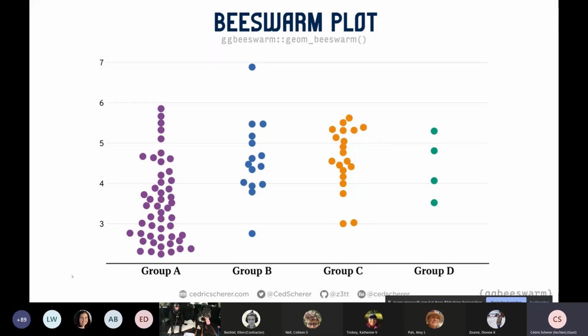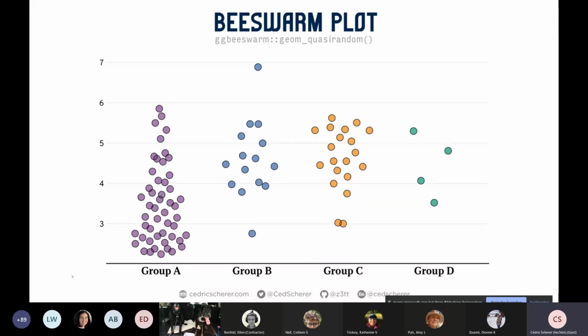So if, for example, in group A and group C, there are points overlapping. And you always need to play around with the size and the argument cex. So the size determines the size of each point, and the cex determines how much they overlap or not. And there's no direct connection between these two, so you always need to do it manually to make it look good. And I always feel like some are overlapping and some others are spaced out, so I'm not always happy with these.